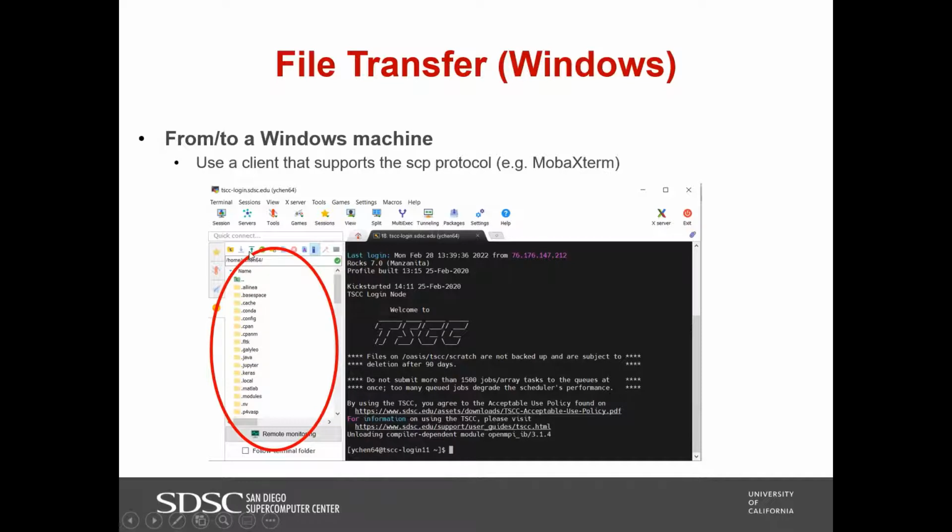Then I can choose the upload or download icon, and choose which files I wish to transfer. But again, please pay attention that if you have hundreds or thousands of files to transfer, you'd better zip them all into a single large file before the file transfer.